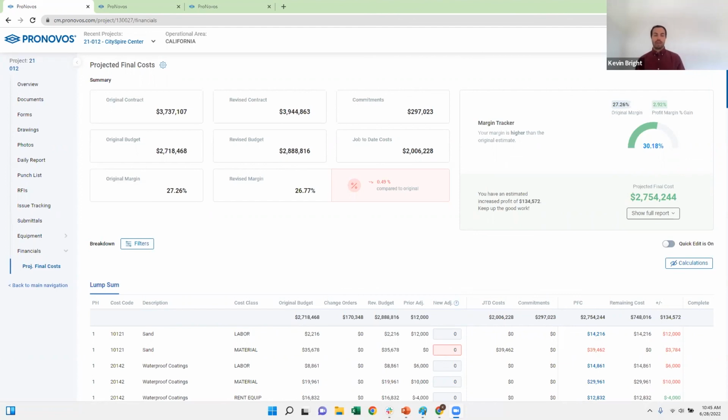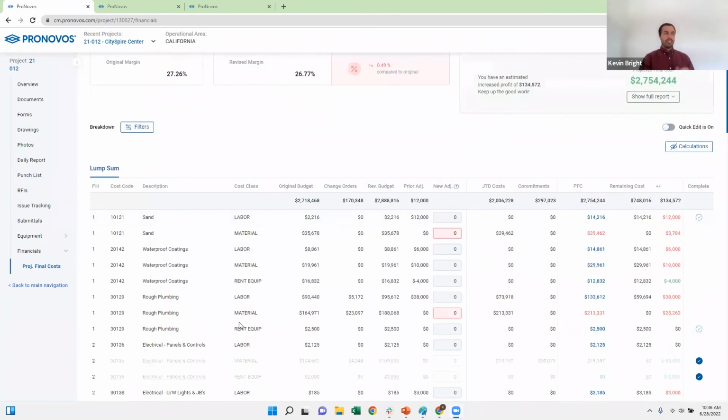And it gives the project manager a way to go in and make adjustments to their budget. So what you can see at the top are some top level metrics related to the project financials: original contract, budget, what's the margin, how did that change with change orders, what are the outstanding commitments, job to date costs. But then as they move down, what you'll see is each cost line item you have in your ERP will